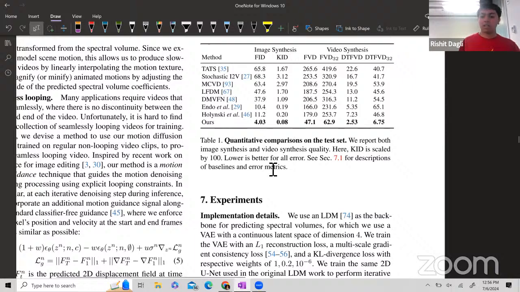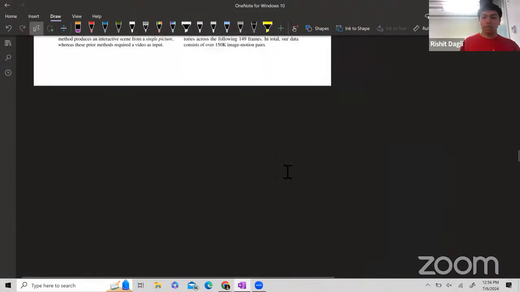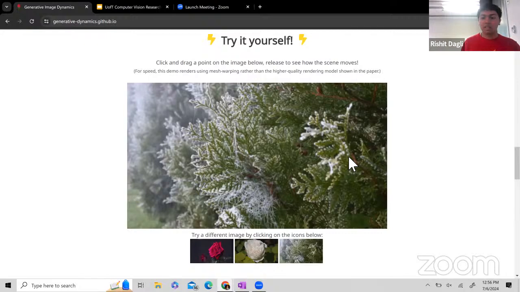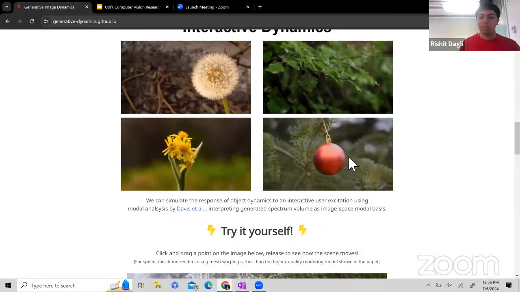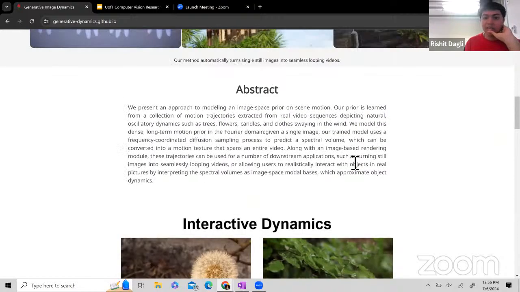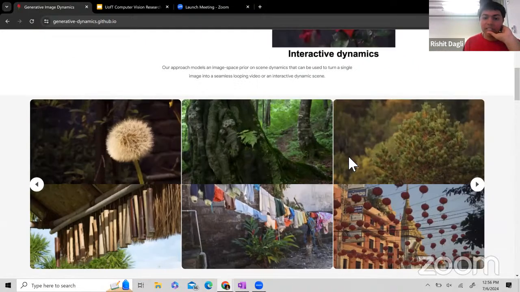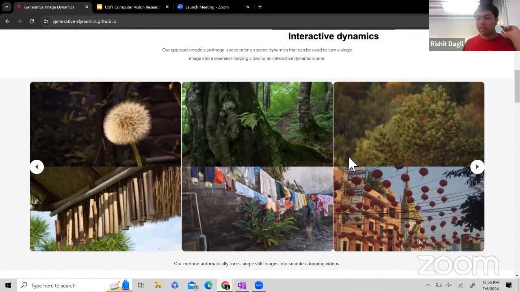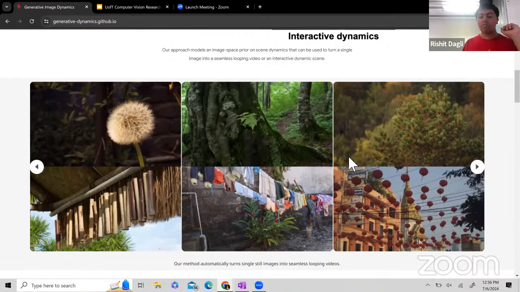So that's pretty much all that they do, and they have this website with a few results, and maybe it's interesting to go through these. I think there are some problems in this. It's not particularly complete, so to say.